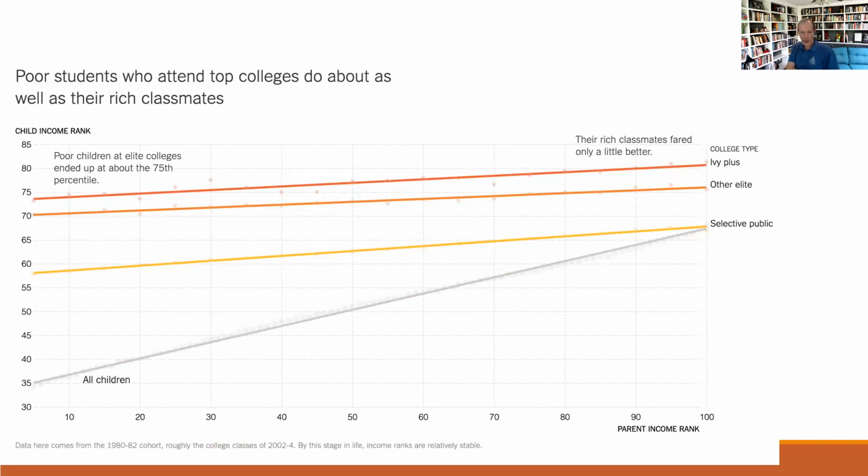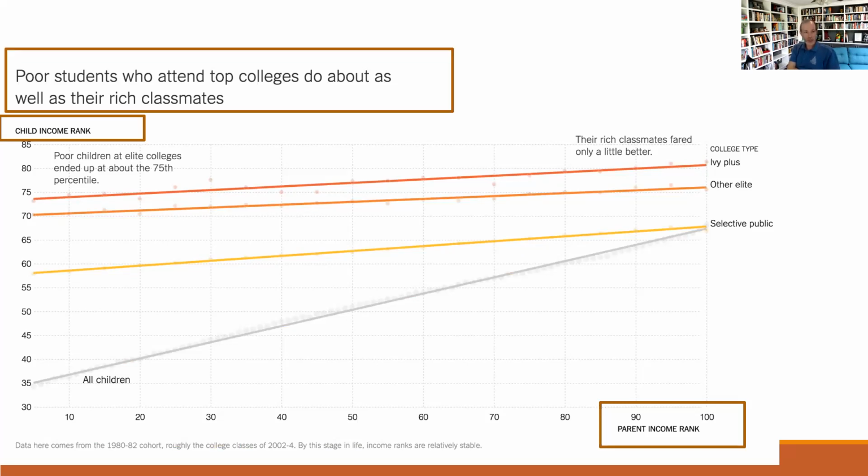We can look at outcomes. So if you are poor and go to a good college, does it help you in terms of your income? And the answer is yes, if you graduate. The bottom axis here is parental income rank, and the left axis is the child income rank. So we know how much money the parents make and how much money the child makes. Poor students who go to top colleges, so they might be in this 10% level here, if they go to an Ivy Plus or elite, their incomes are still pretty high, right? They're able to do much, much better than their parents.